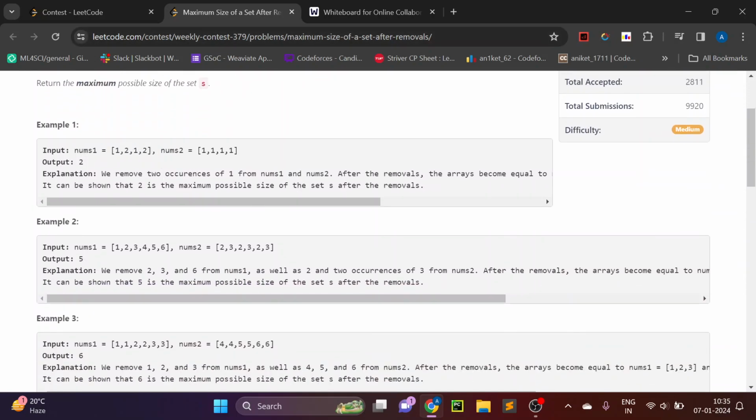So for example here, 1 2 1 2 and 1 1 1 1, so we will remove 1 2 from the first array and 1 1 from the second array, and if we insert the remaining elements into the set, the unique elements are 1 and 2, so the total